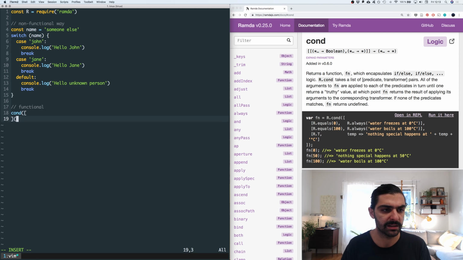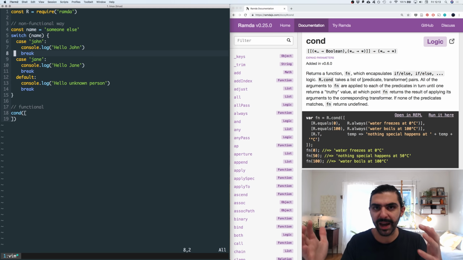And then we pass an array of different conditions. This array of different conditions is the cases. It corresponds to the cases. You need to specify that one case is John, and one case is Jane, and one case is every other case. And these have some consequences. So it's like pairs of